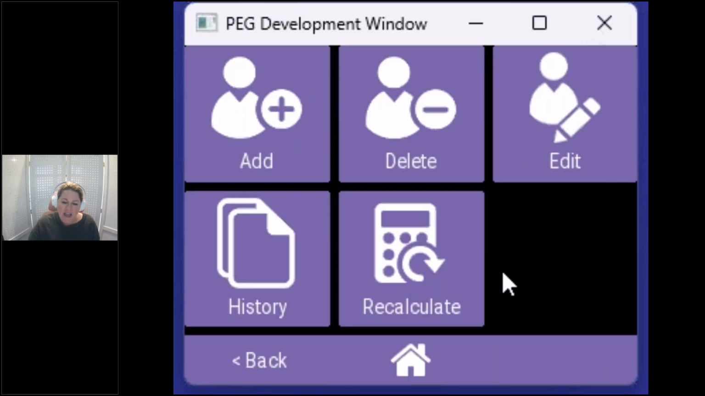Underneath the Patients tab, we can add a new patient. We can delete a patient from the device. This will hold about 10,000 tests. But if you do need to remove a patient off of the device for any reason, you can delete them. You can edit them if something was entered incorrectly the first time, or